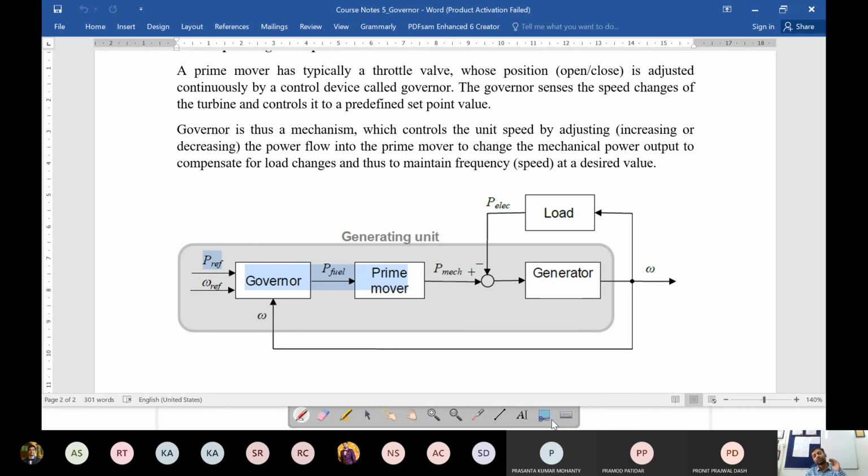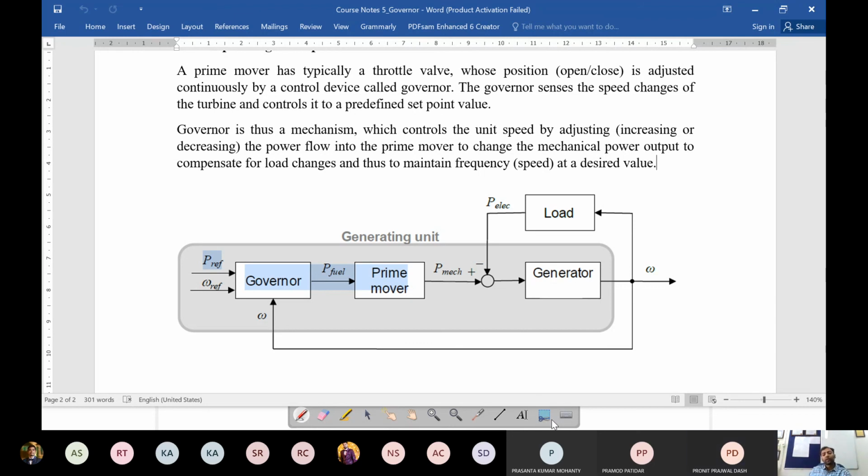There are different categories. Initially, there used to be electromechanical governors. Then there came analog governors based on analog electronic circuits. But these days, it is basically digital governors. So it's not a physical entity per se. It will be basically a computer program on a digital computer system, and its actuating input will be connected through some motor or some particular controlling mechanism. It will control the opening and closing of those wicket gates. So it's not a physical device per se. It's basically a control mechanism.